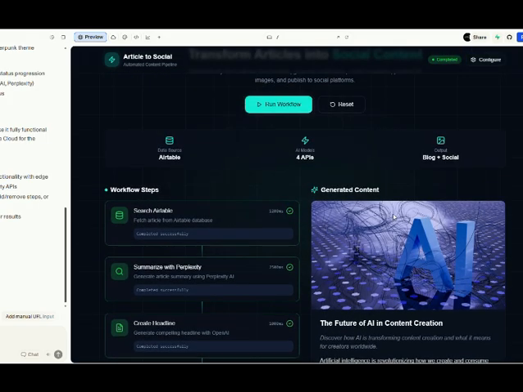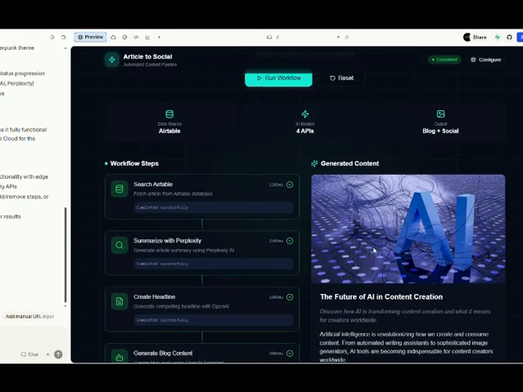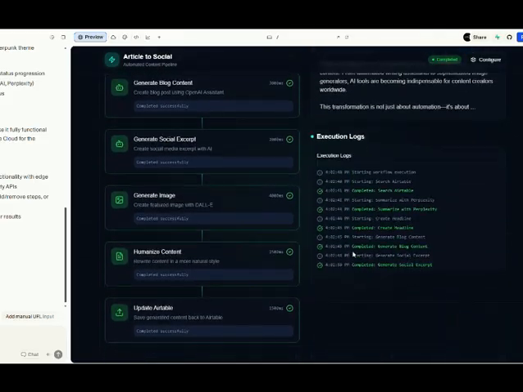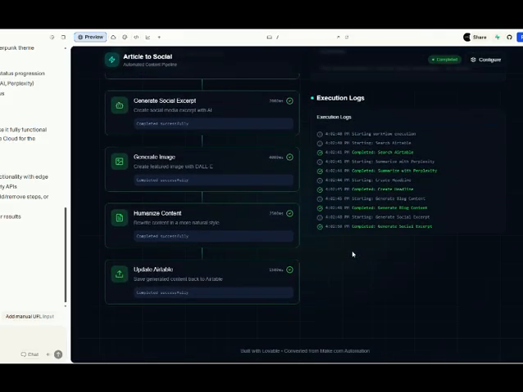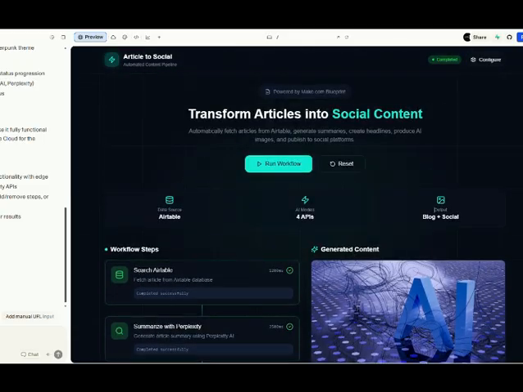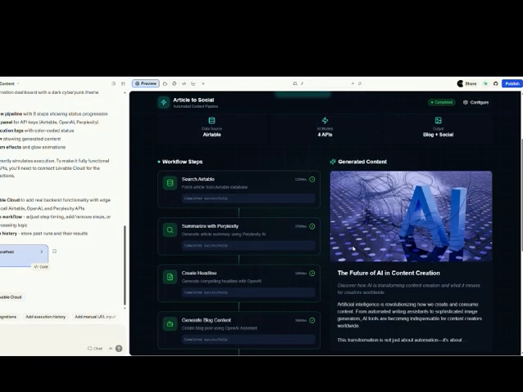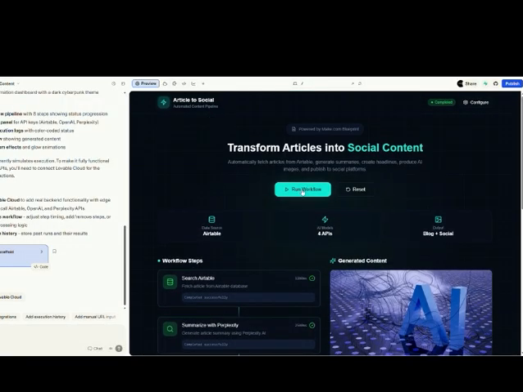And so now you can really take off from this. You can add some more functionality to where it posts to social media, and it says social media blog output here. You can have it to where it posts to blog posts, social media. You can do a world of different things. But the great thing about it is now your customers or your clients don't see the traditional make.com workflow, and they have something that they're used to seeing, which is an application like this, where they can come in and